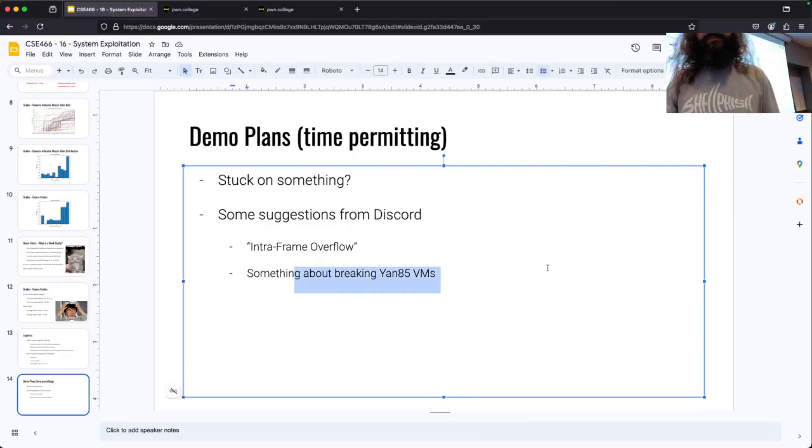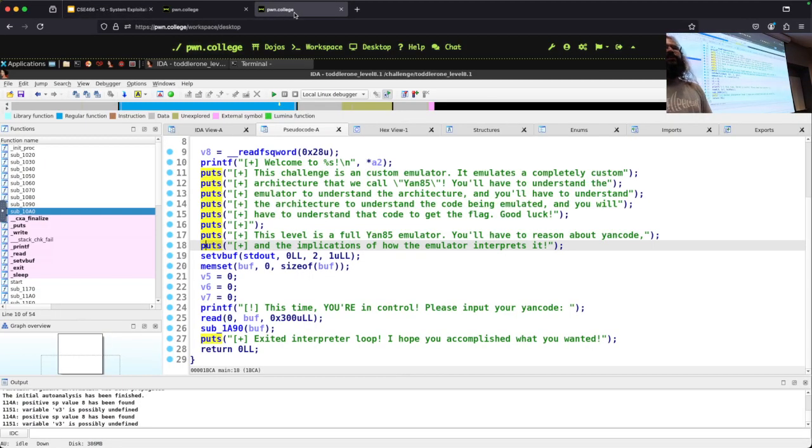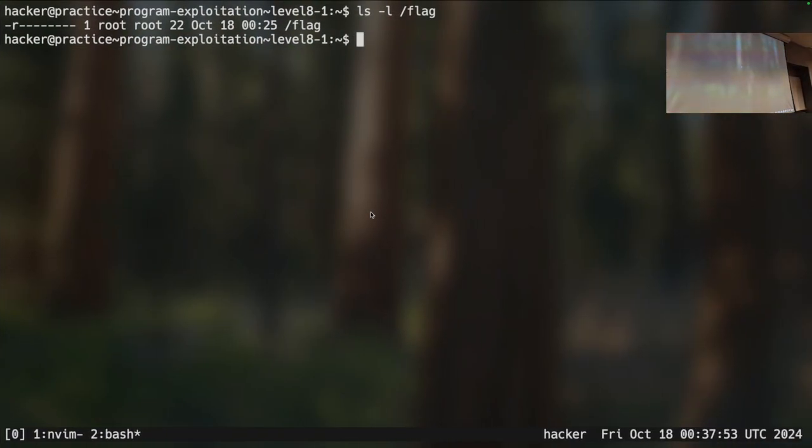We talked a little bit about Yan85 VMs. There isn't an escape the VM, right? It's understand the implementation, find the bug. Is it a memory corruption bug? Is it interpreting an unsigned int as an int, a type conversion bug? Is there a buffer overflow? There's got to be a buffer overflow in this, right? Not this level, but some of these have to have buffer overflows. There's no way we have a cumulative challenge that doesn't involve that. And so that's where it's find it. And that is part of the challenge there. So I don't want to get too crazy there.